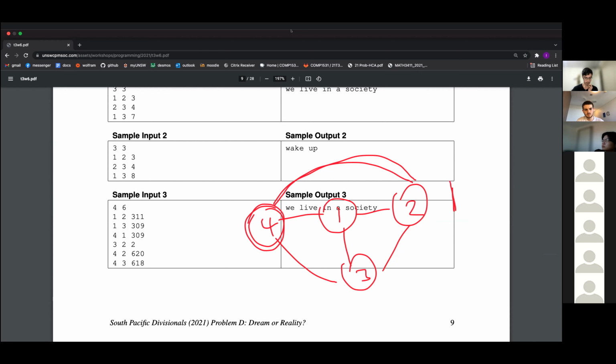So in this case, we had an edge from 1 to 2, which is 311. If we set 2's value to 1, then 2 minus 1 has to be 311, so this one would have to be negative 310.